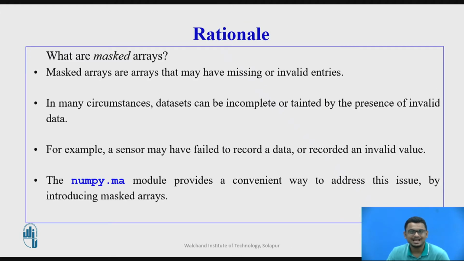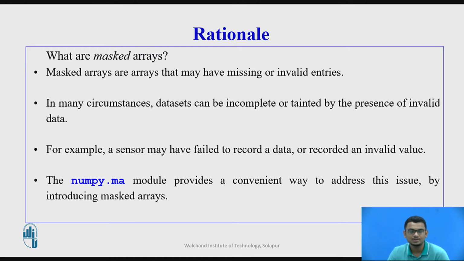So what exactly are masked arrays? Many a times we tend to read data through CSV files or JSON files, and this data might have invalid entries. Masked arrays are arrays that have missing or invalid entries. Data sets can be incomplete at times or tainted by the presence of invalid data.